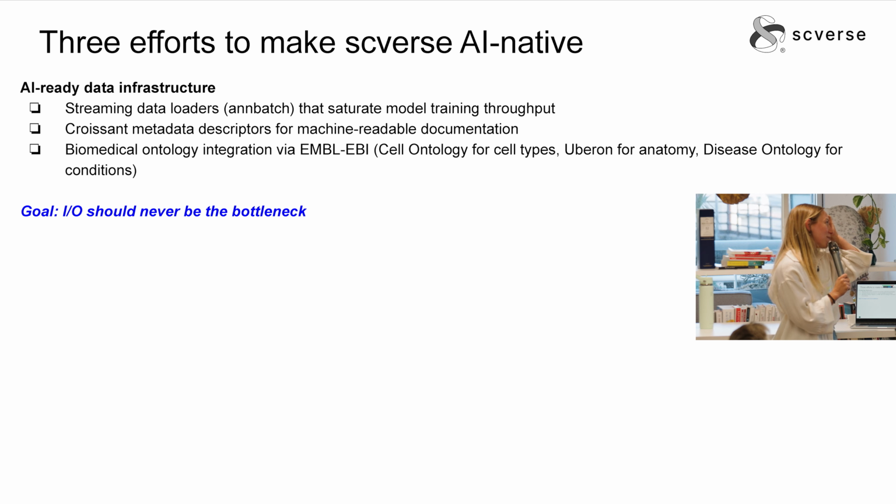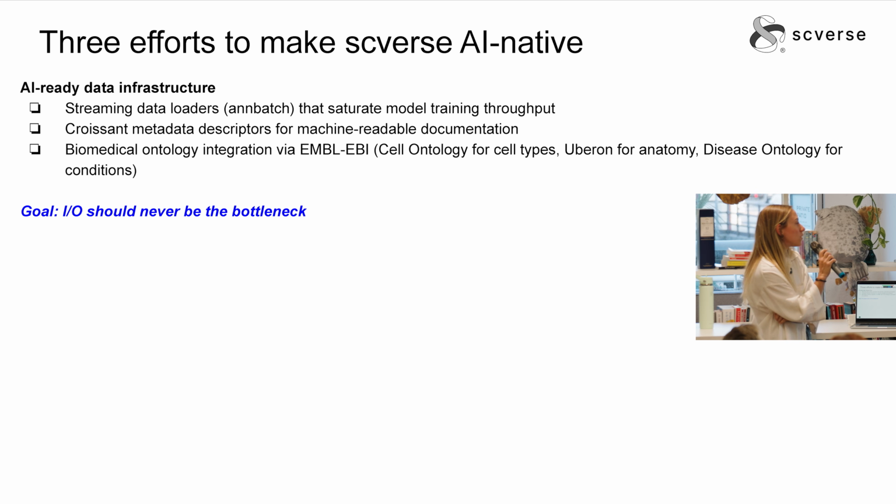And here is what I want to mention, what we're doing, because the idea is that we're not creating MCPs on data, or we collaborate on these things, but this is not what we're doing. We're infrastructure, right? We're trying to enable and make AI-ready data structures and data for people to be able to use them with LLMs. So the first thing that is kind of obvious, you would think, is that we need to make the data ready for AI, right?